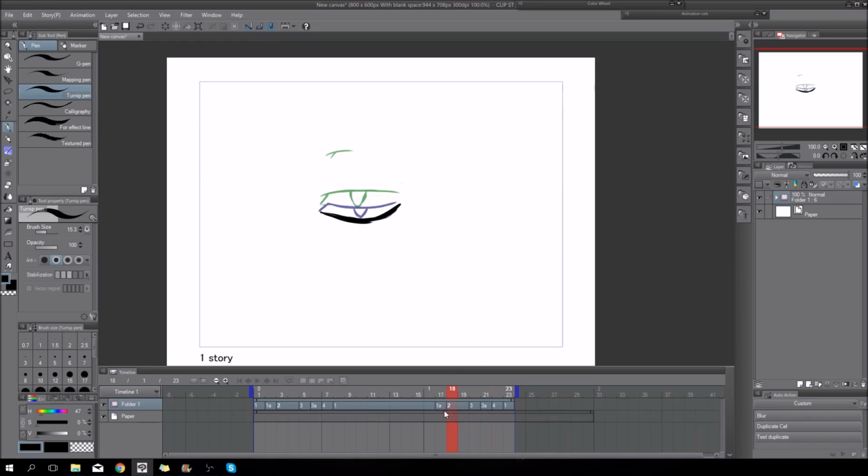I can just reuse every image I have before. So if I look now, 2 is like 2 here, because it's bold, I can see exactly which frames are reused where. And the effect is still the same.